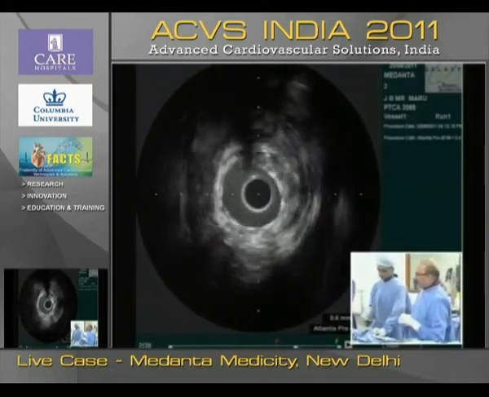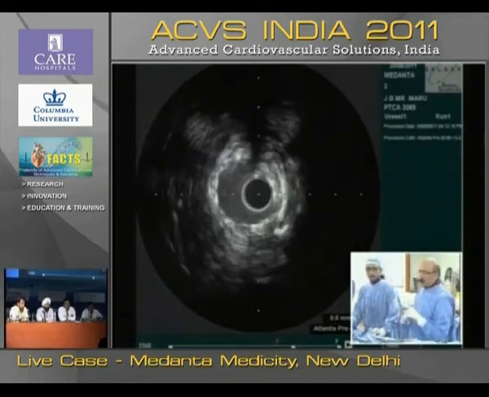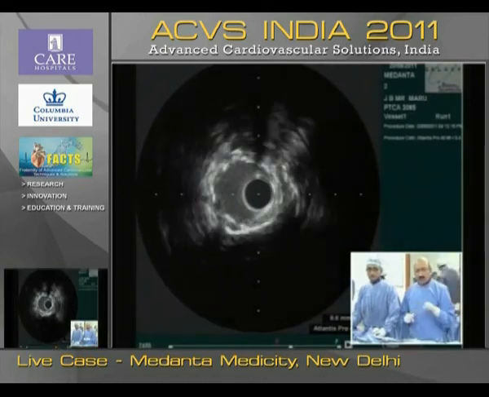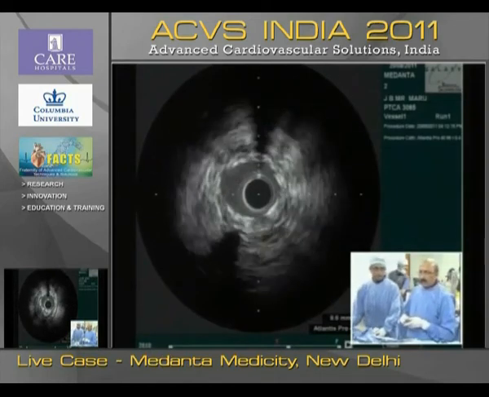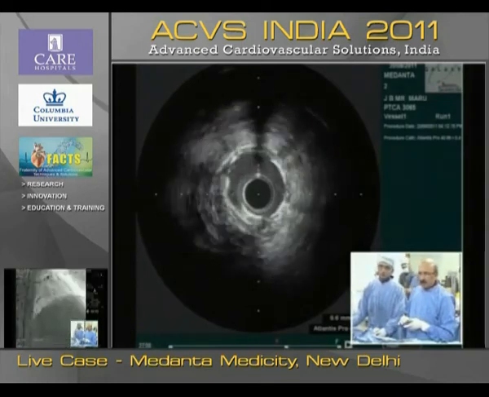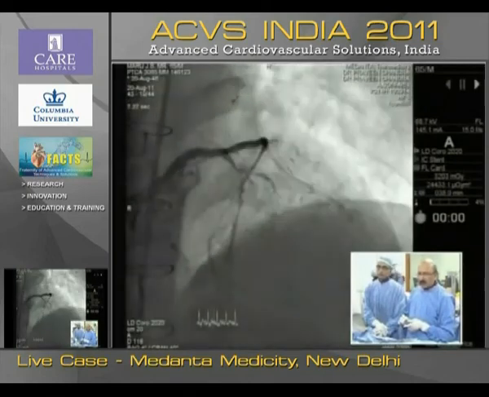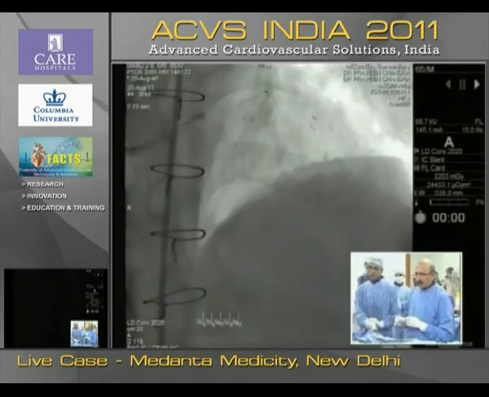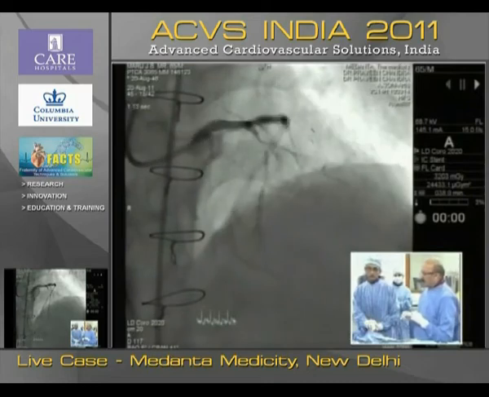And after this, can you see the IVUS picture? Yeah, we can see. A lot of blood there. Okay. So after this, we dilated with the 3 millimeter balloon as well. And now you will go to the fluoro image. Fluoro, please. And you will see that the distal portion is still looking very thinned out beyond the stent. So we did some more sequential dilatations because it was not improving with the nitrates and diltiazem, etc.